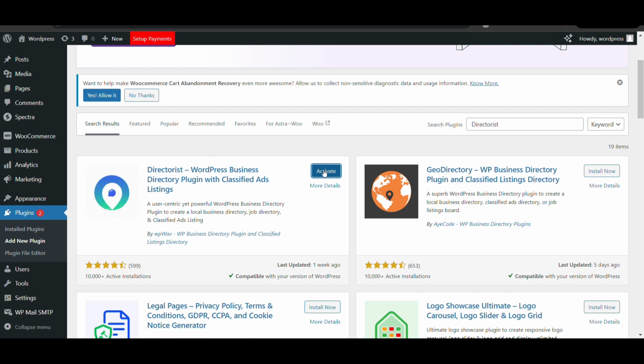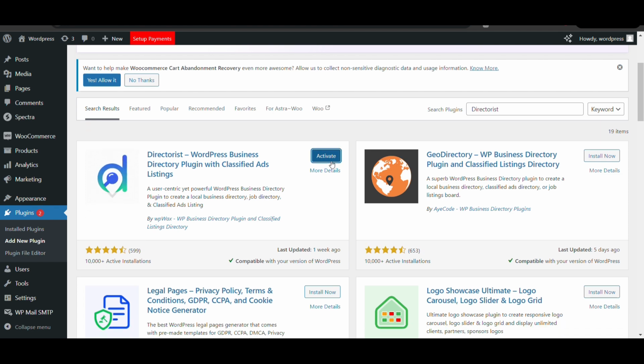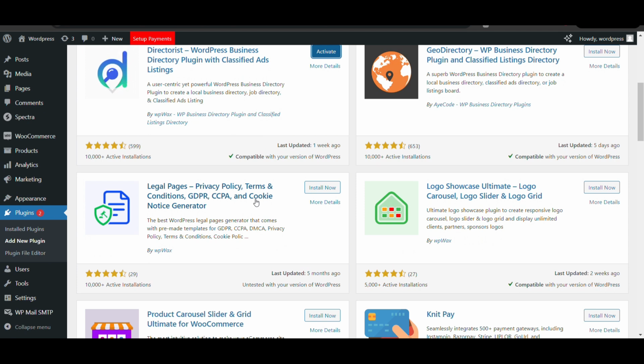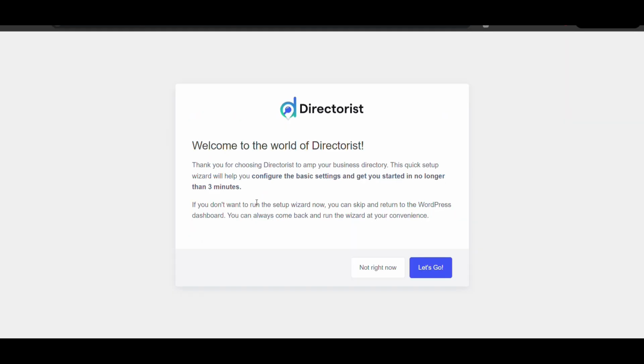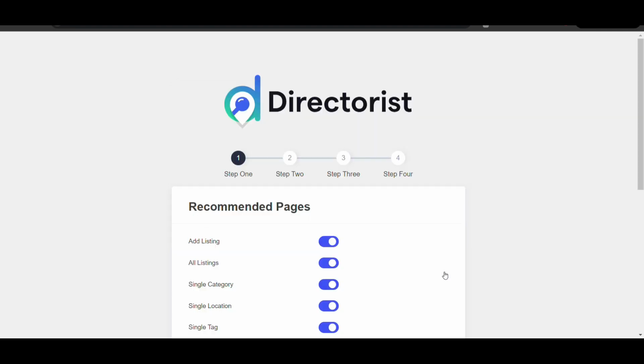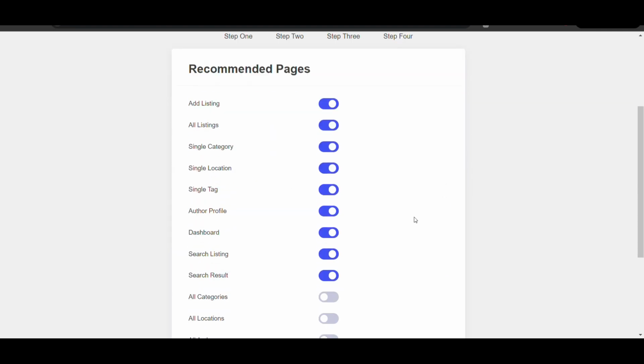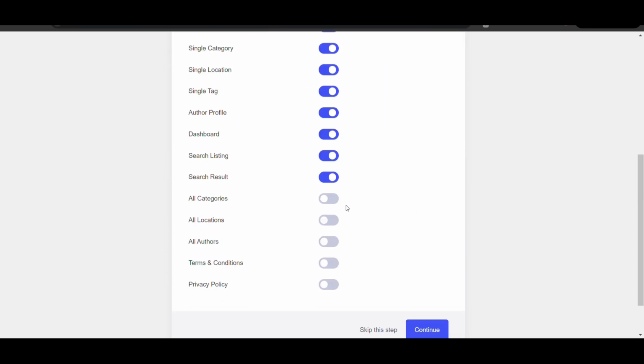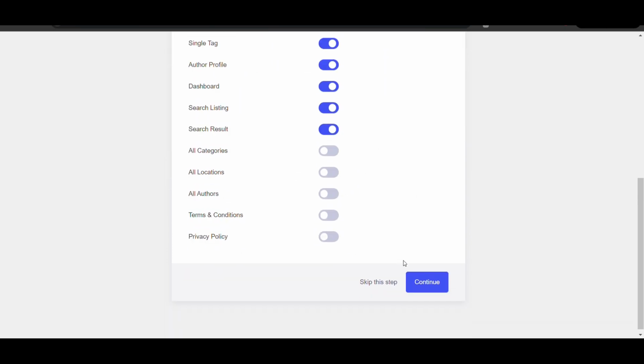It is now activated. These are some setup steps. You can see search result, all category, location, continue.